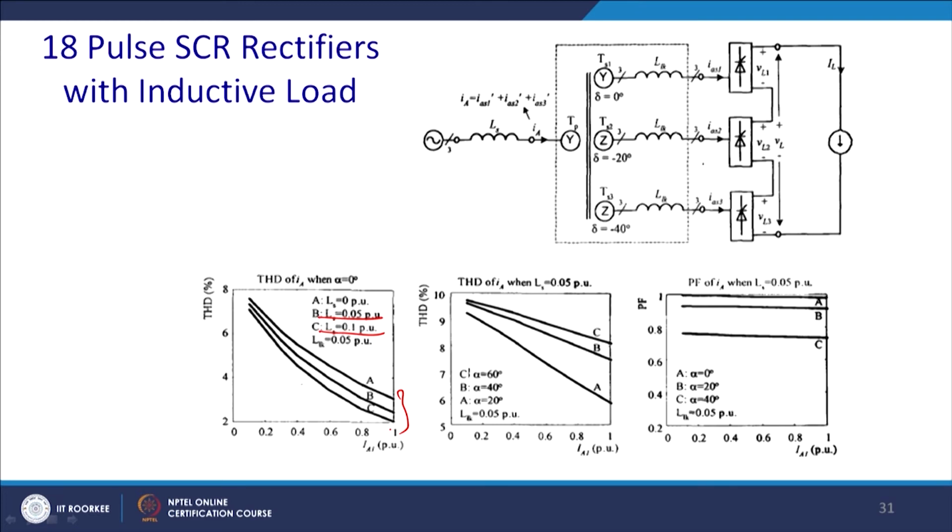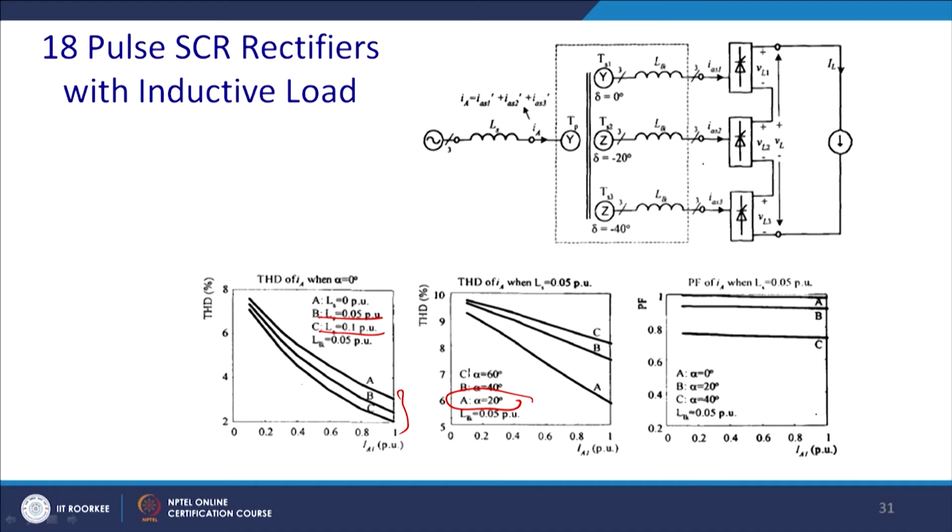Similarly, the THD for the different triggering angles will also be replicated here. With increasing input current, THD is getting better. At one per unit, THD will be around 9% for the 18 pulse converter, but this will not change much, around 10% to 9%. But you can find there is a huge change when alpha equals 20 degrees. It will come down to less than 5% from around 9%.